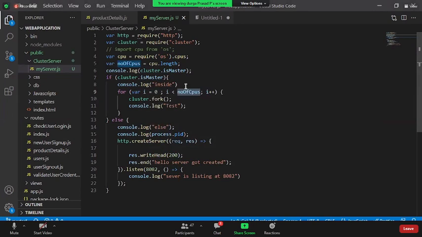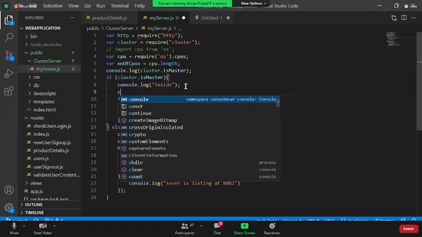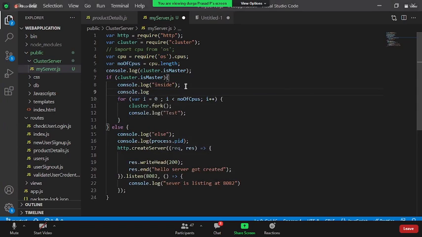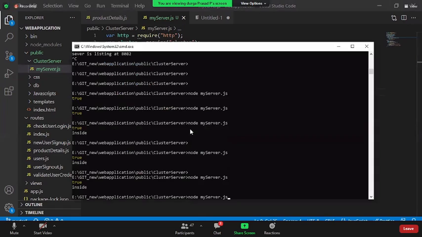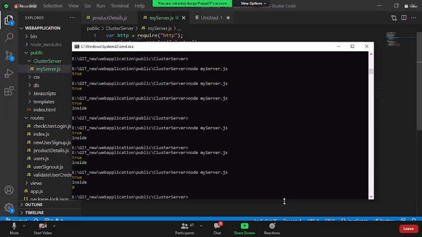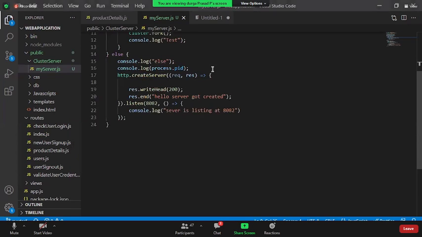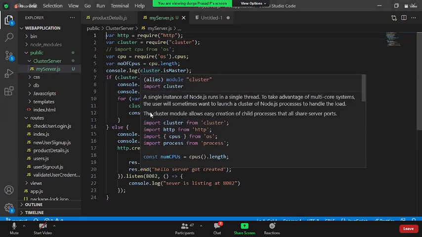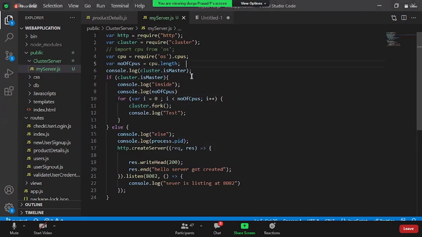No, we should not give like that, right? Because sometimes instead of CPU dot length, you can directly give the number four. Let us see what actually the value we are getting. Come on, why is the number of CPUs 0? That's why. Oh, right now it was coming, right? Number of CPUs, CPU dot length. Oh, it is CPU dot length, right?